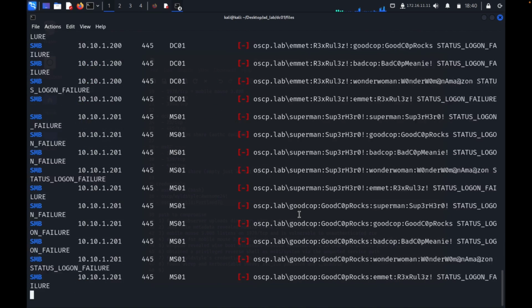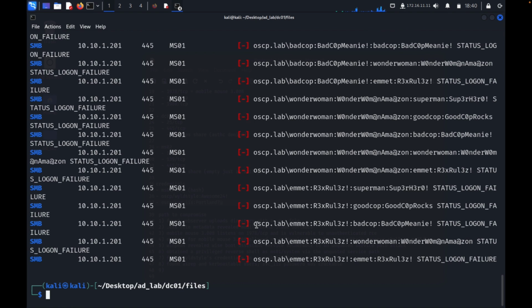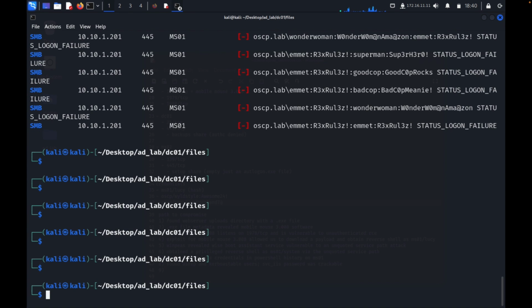Oh, that doesn't work. Look at that. So instead, it's actually grabbing the usernames and the passwords and passing them all at the same time. So that's not going to work for us. So in this case, quick workaround would be to say cat it-users.txt,